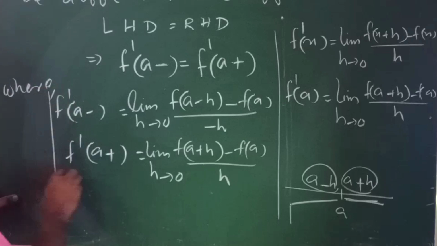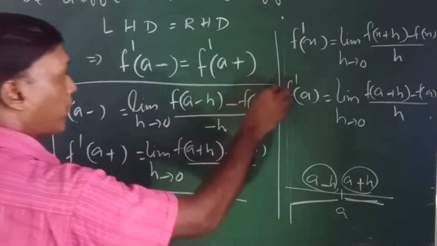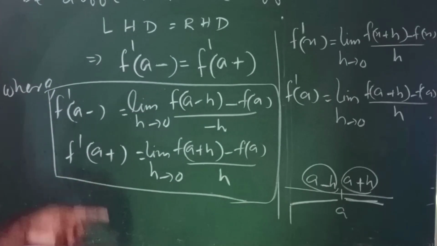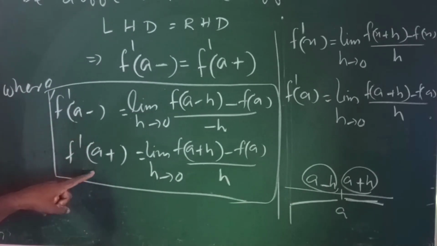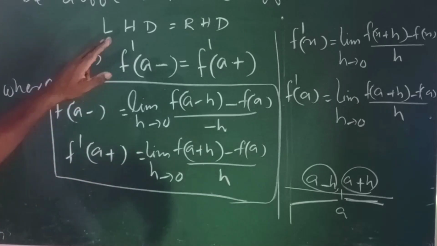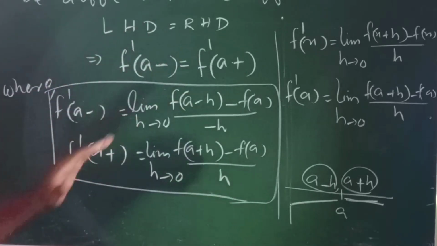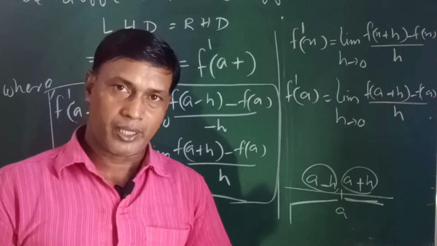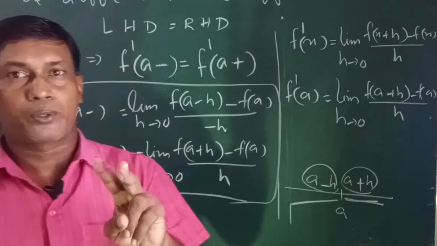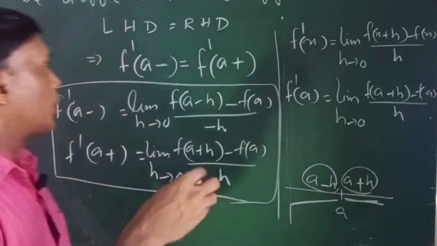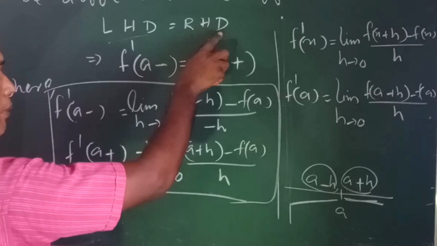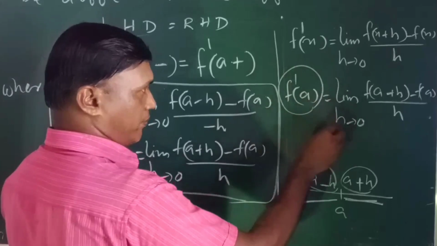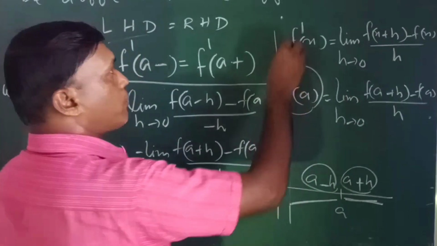So in order to show the differentiability, in order to test whether a function is differentiable or not, you have to find left derivative and right derivative. If the left derivative and right derivative of a function are equal, then that function is differentiable. So there are two methods to show the differentiability of a function. Either show left hand derivative is equal to right hand derivative, then the function is differentiable, or simply find f dash a. These two methods, this is method 1,